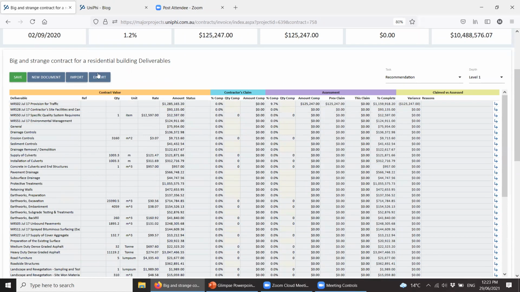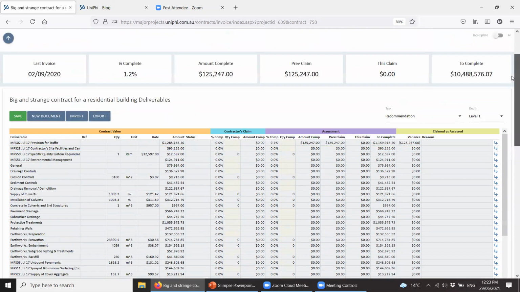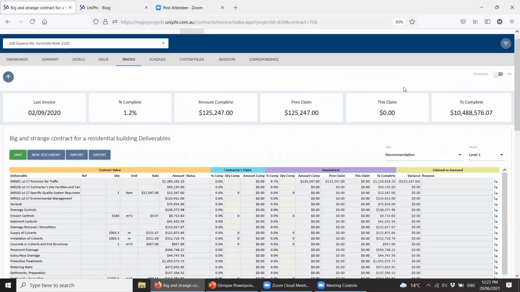You can also import and export this data. So you could export it out, update it in Excel, and import it back in. And then the next thing to recognize within this screen is that in UniPhi 16 and before, we always had